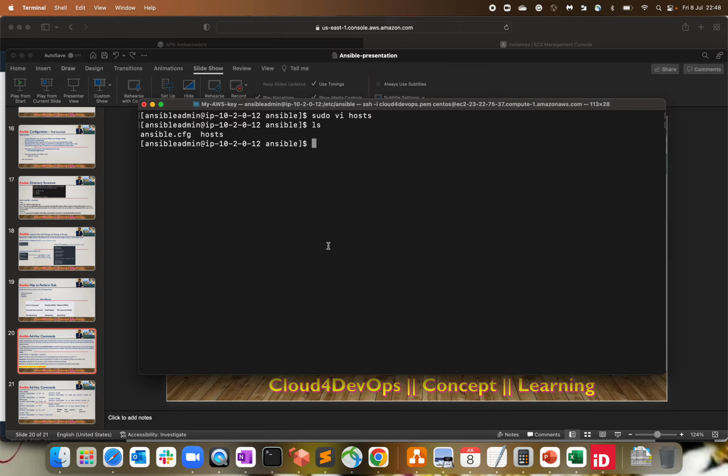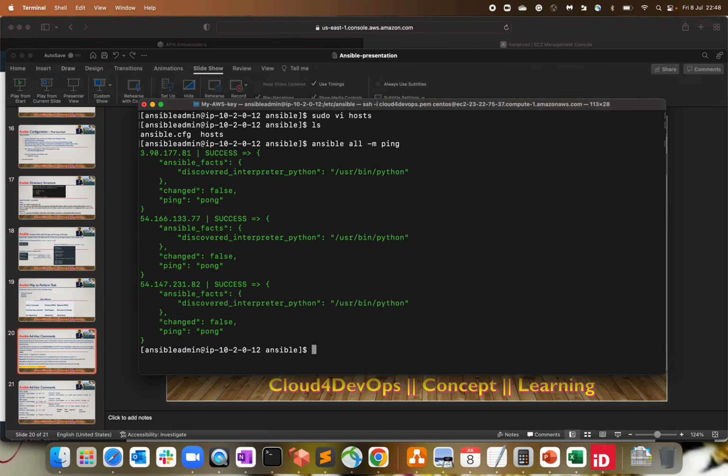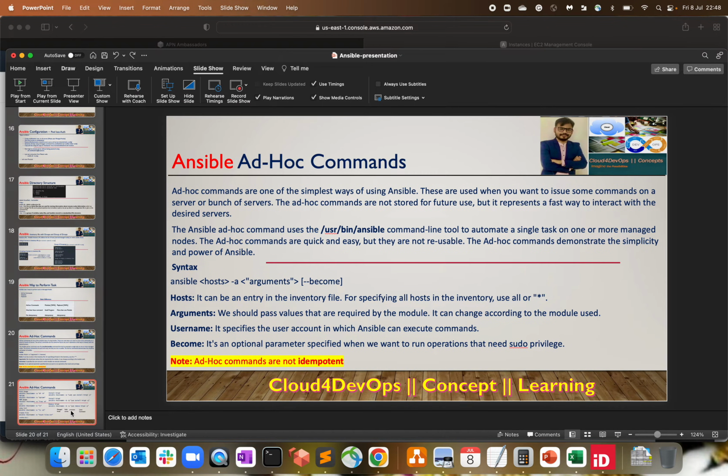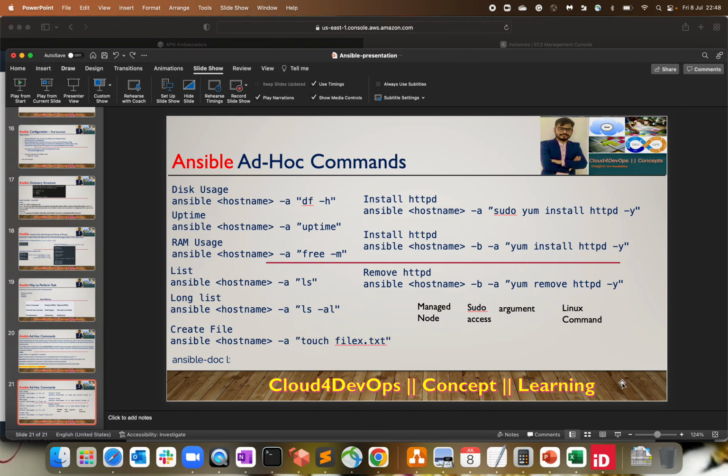Now I'm using the same session that we had in our previous lecture. I was doing something on the host side, but let me do something real quick with the help of a module, which we were doing earlier. ansible all for all the instances, -m for module and ping. Just wanted to check whether my nodes are responding or not. Perfect, my nodes are responding. So let's go back to our presentation again, because I have written down a few commands over here. So let me just maximize this